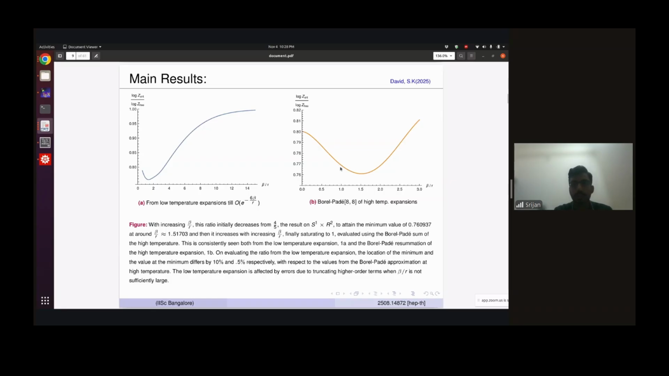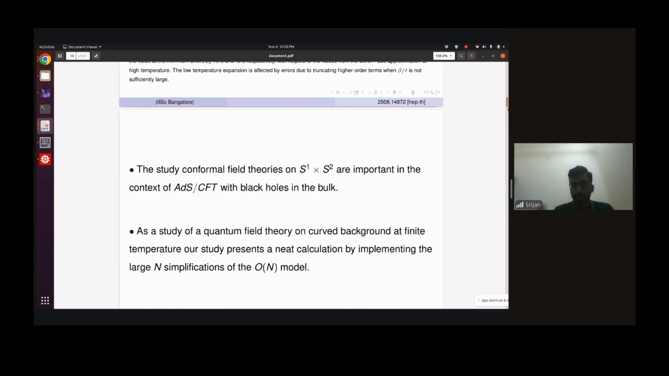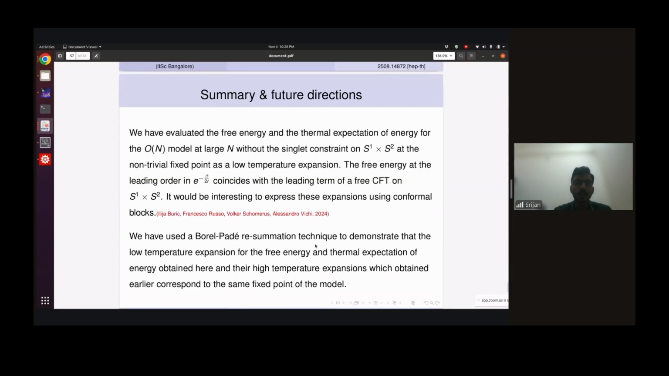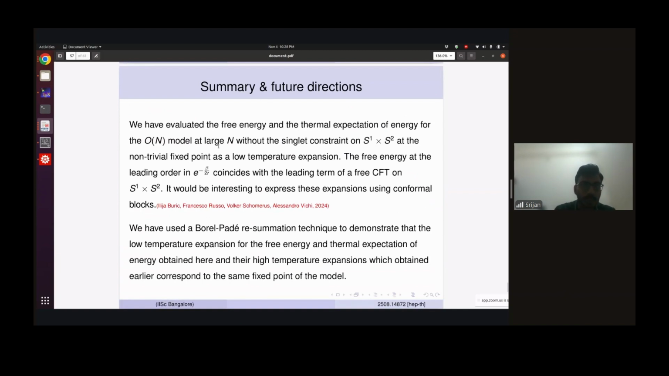So we find this ratio, and it hits a minimum and then it increases to 1. Okay, so these are the curves, and then I'll just end with a summary and a few future directions. So we have evaluated the free energy and the thermal expectation of the energy for the Wien model